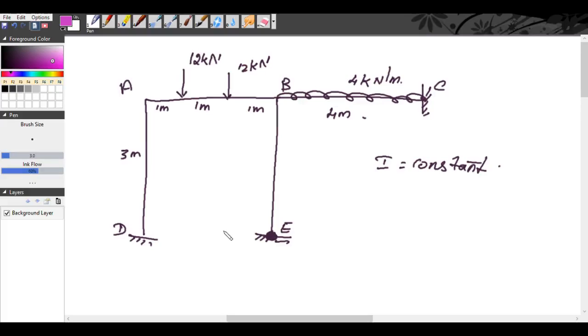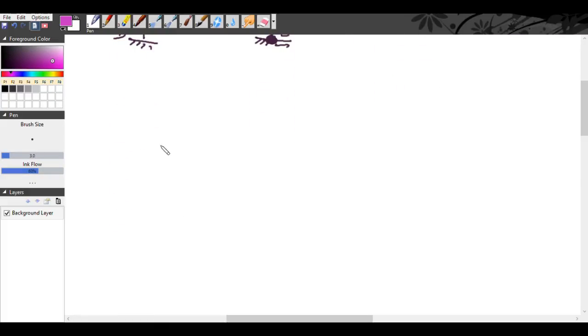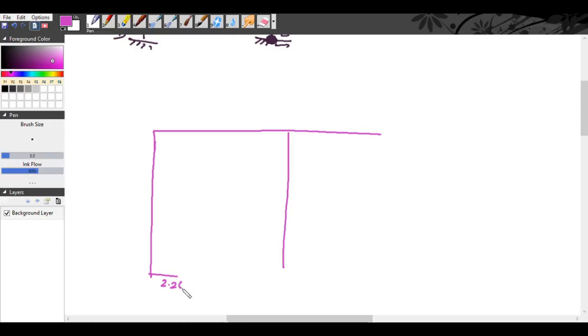Anyway, I will draw the bending moment diagram. 2.24, 4.47,